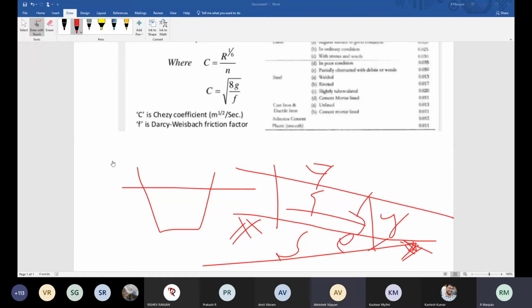Yes, ma'am. Tell me then. dP by rho plus VdV plus dDz equal to 0. No, I'm asking the basic definition for Euler equation. I'm not asking the equation. Basic definition for Euler equation. The same with respect to forces, how will you define the Euler equation? I think I have taught the A section. I don't know whether they have remembered this or not.